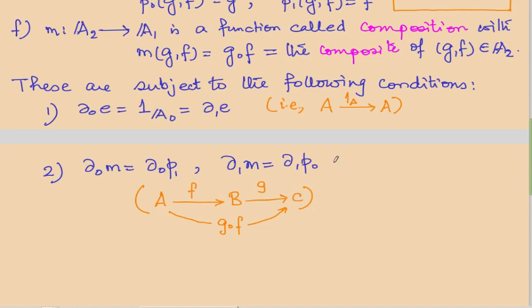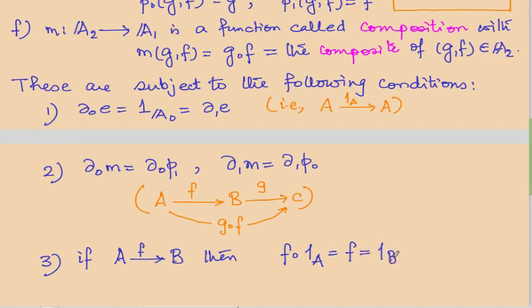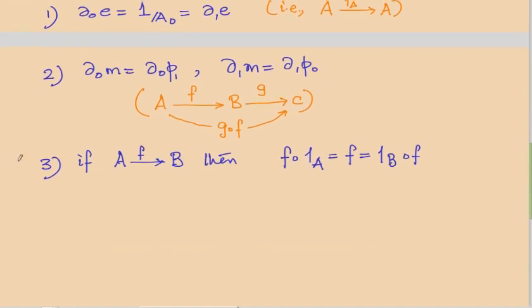Yes, and then if f, then I want to say f composed with the identity is f. So this is kind of saying that the identity morphisms are really the identities with respect to the composition. And finally, if A